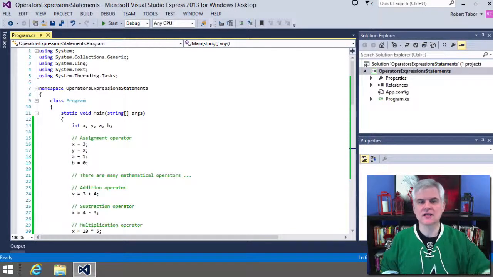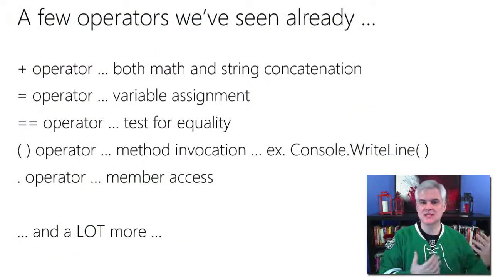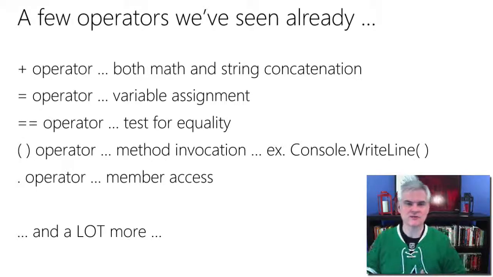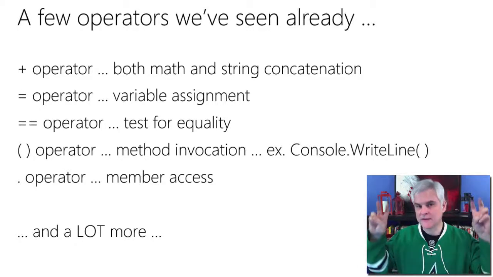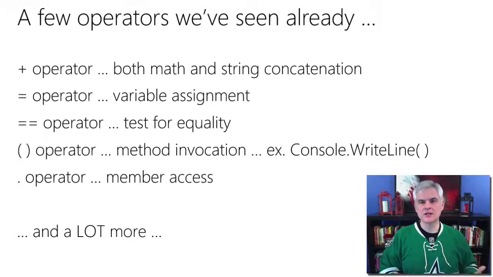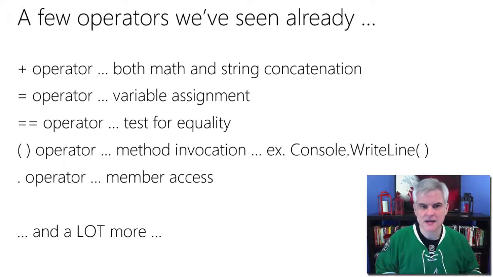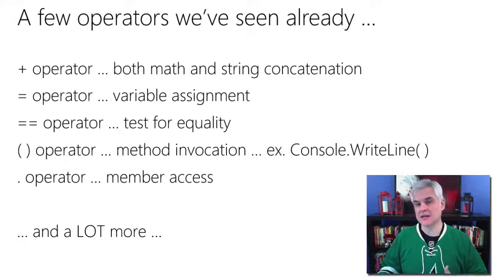Operators are things like the plus operator, which when working with numeric data was the addition operator. It could also be used with strings as the concatenation operator. And I suppose you could call them the verbs. And so there's the equal sign, which we already noted means variable assignment. Also, whenever we worked with the if statement, we noted that the double equal sign tests for equality.